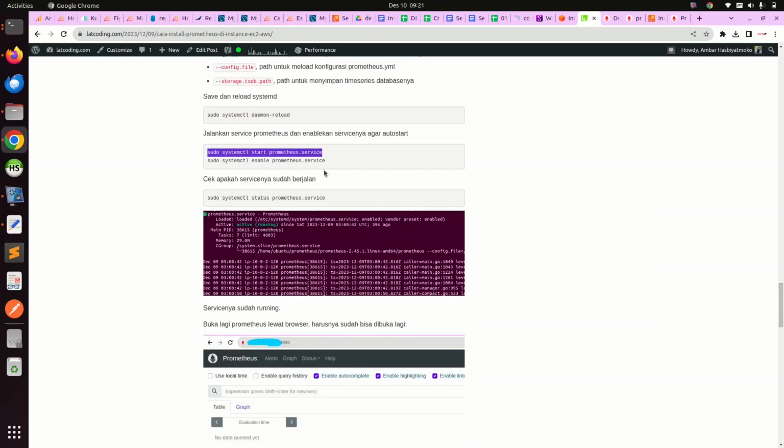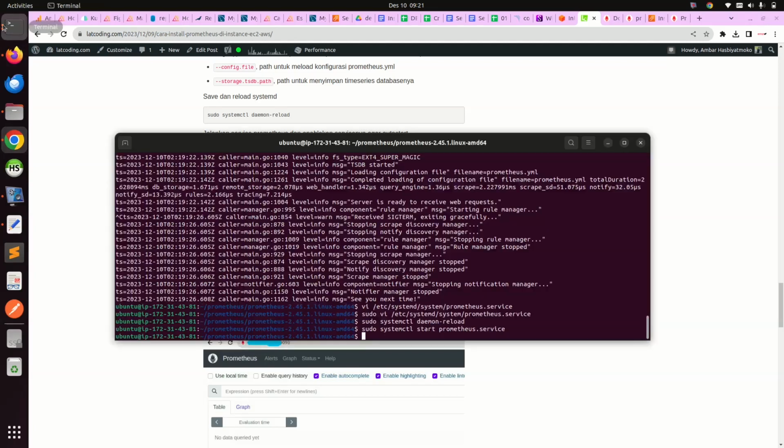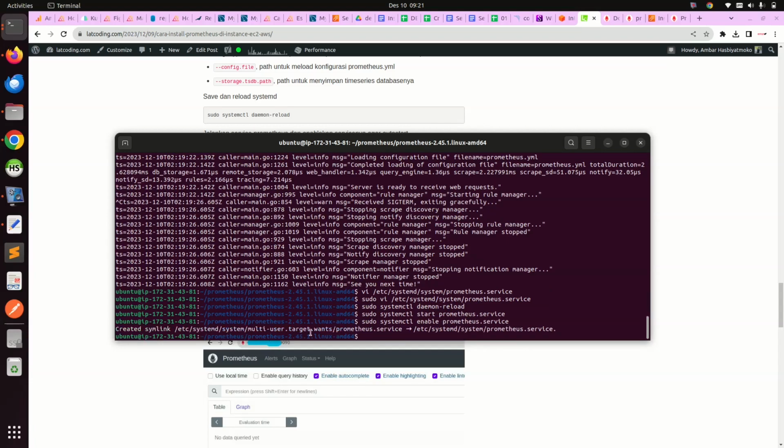And the second one is to run this command. This is for creating the symlink to run Prometheus automatically when the server is restarted.